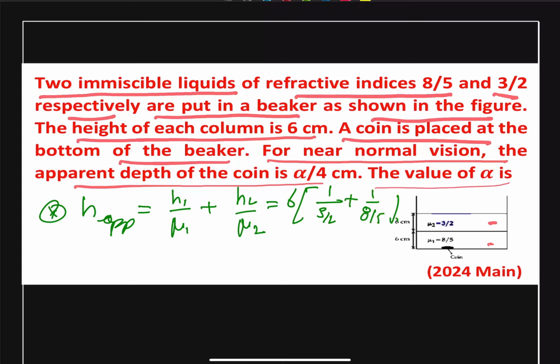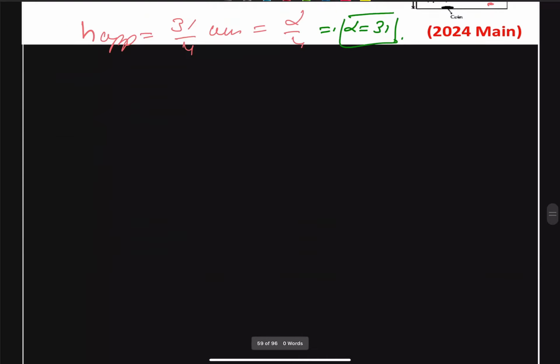So this gives us that our h apparent will be equal to 1/4 centimeters, and which is given as alpha by 4, and therefore the alpha is equal to 31. Okay, this was quite straightforward. Next question,